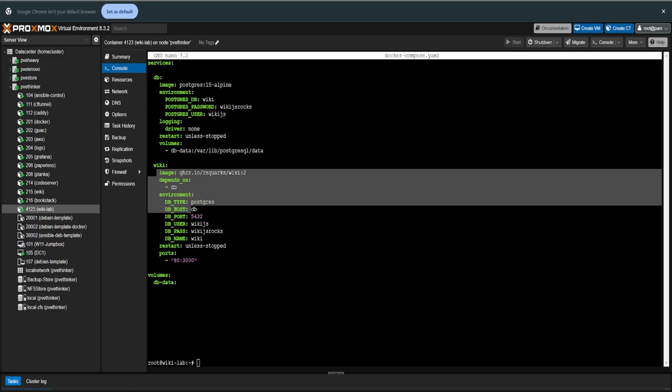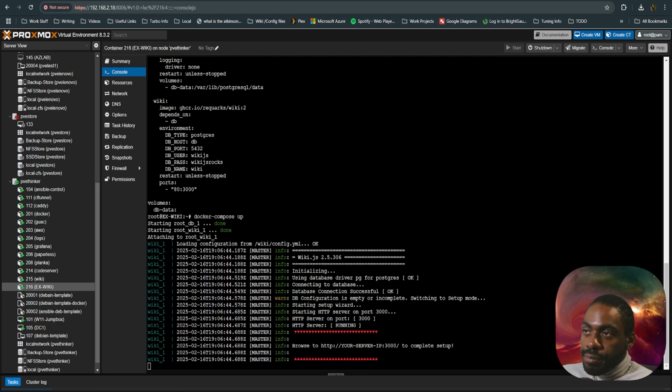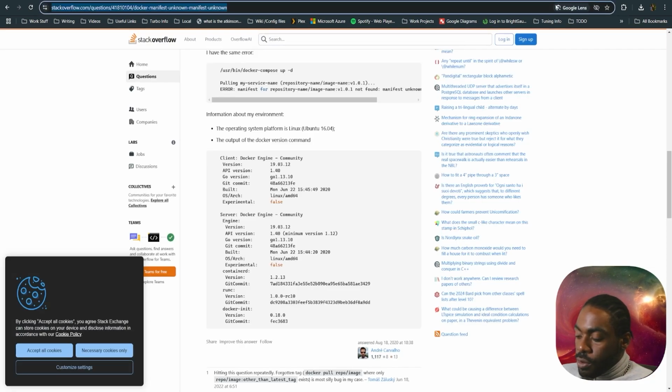That is how you actually get this thing running. Then all we have to do is let Docker spin up the service. So we do docker-compose up. Okay. So now Docker Compose is done running. And while it was running, I went ahead and got the IP address, which is 2.118. So now if we go to